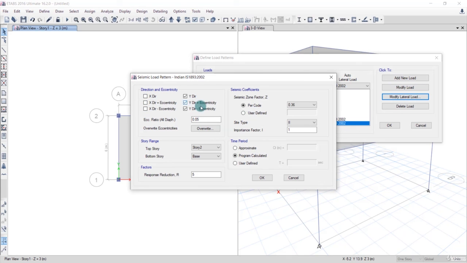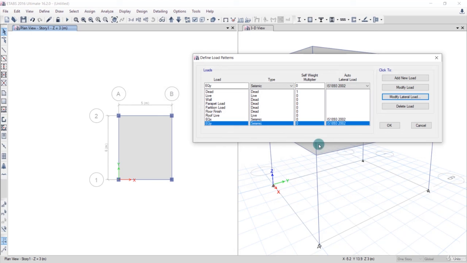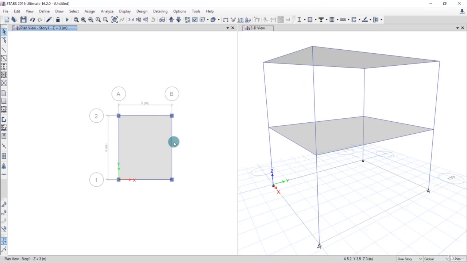We'll uncheck these options, and other things are the same, and just click on OK, and again click on OK. After defining